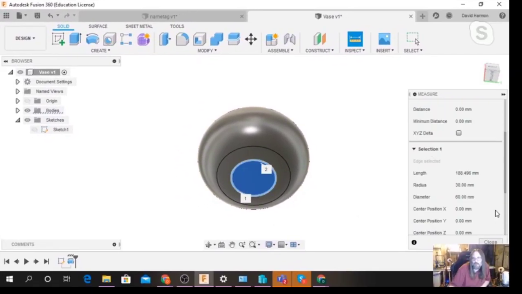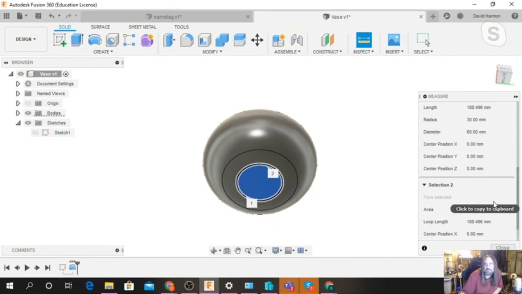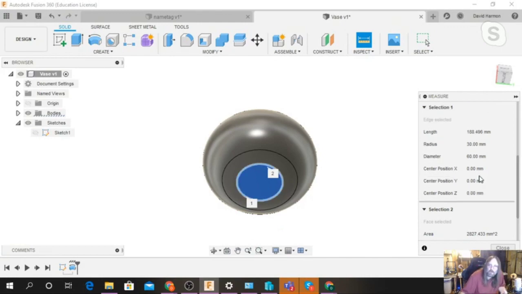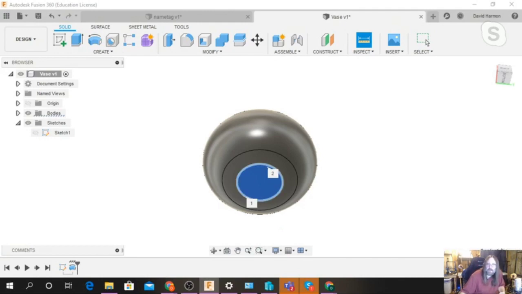So then it gives you all the information about your circle underneath. So the diameter is 60, which is what we want. That was spot on. We got our 30 millimeters added up to 60. There's our radius, which was the 30. So this couldn't have gone better. So remember,